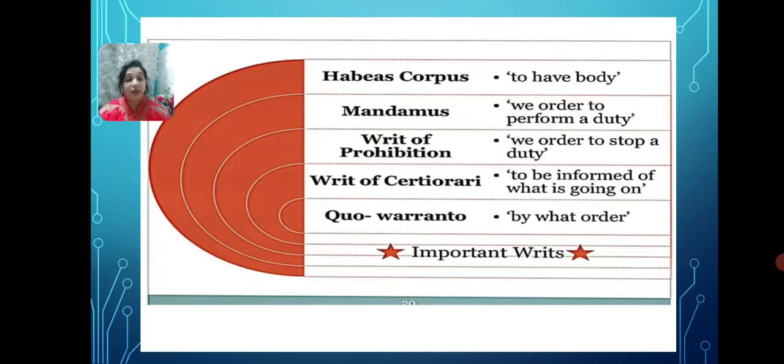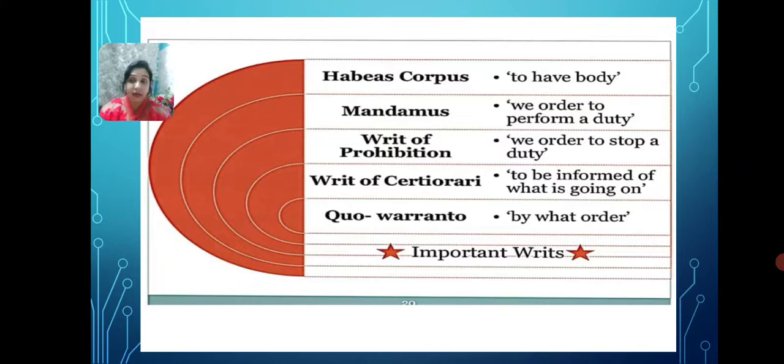Okay, next we come to the writ of prohibition. What do you mean by writ of prohibition? The writ of prohibition is an order, again issued by a superior court to a lower court. Now what is the difference? It is to stop proceedings in a case which might be in excess of the jurisdiction of the lower court. Sometimes some cases are sent from a lower court to a higher court, for example, from a civil court or revenue court to the district court.